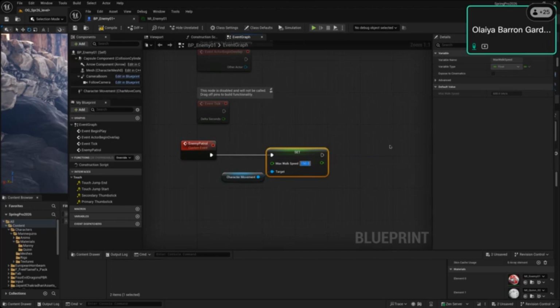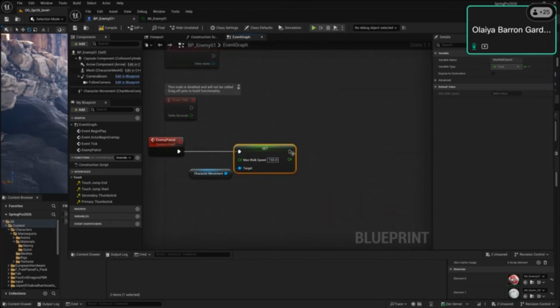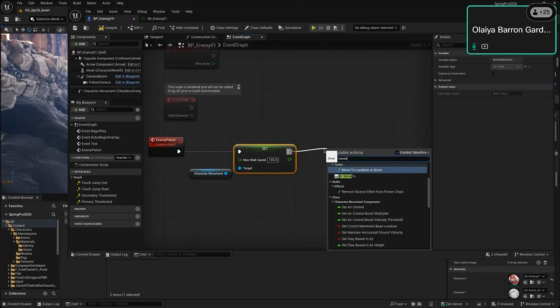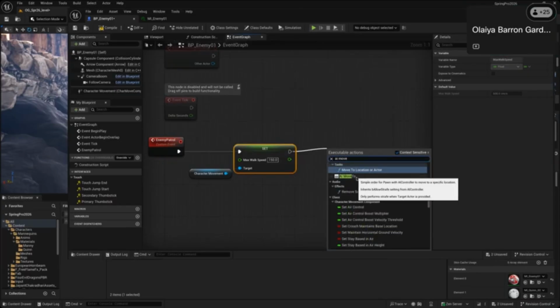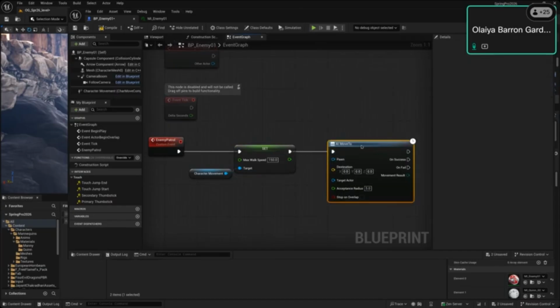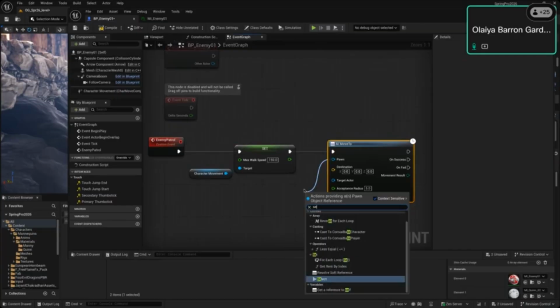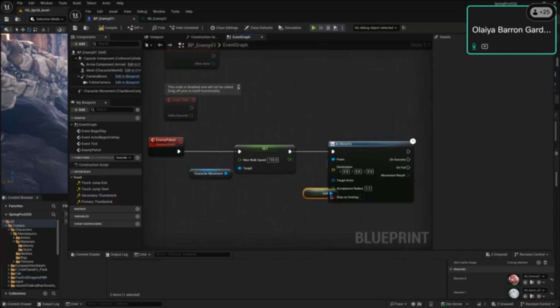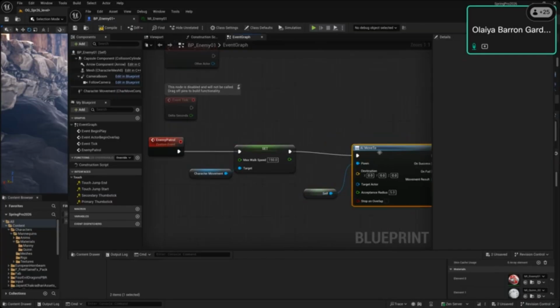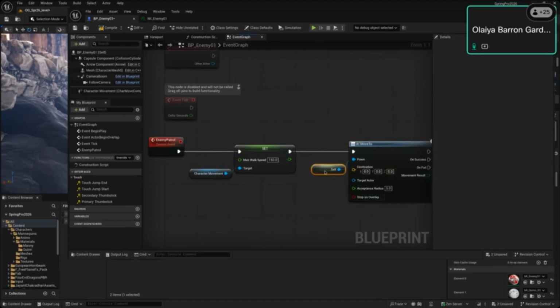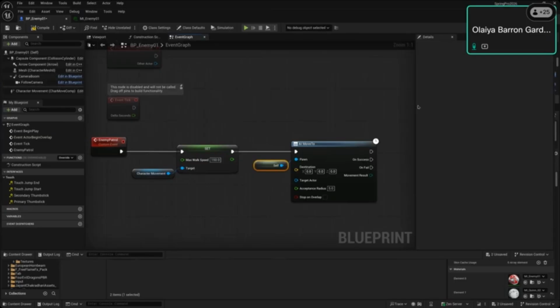All right, so now we want to AI move to. And now we're gonna tell it who to move it to. So we're gonna move the pawn, which is self, get reference to self. We're gonna move itself. And I will make sure to get these screenshots up for you. All right, and then the destination, we're going to get the patrol loc,